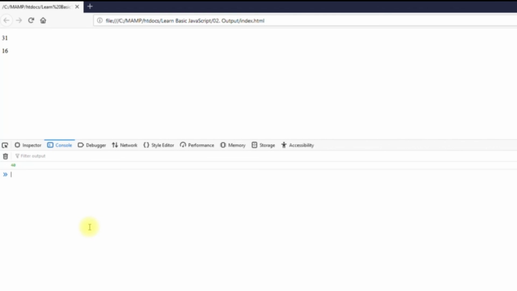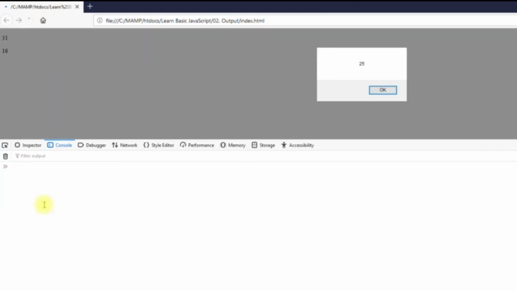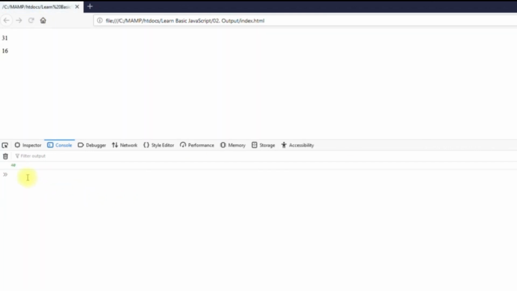And you also have the console right here. So anything you write in console.log, it's going to show up in the console tab inside the web browser. And that's what it's built for. So if you type clear like this and hit enter, it will clear it out. So if I do console.log and 40, it's going to show 40. So it's clear, and I'll refresh this, and then you see 40,